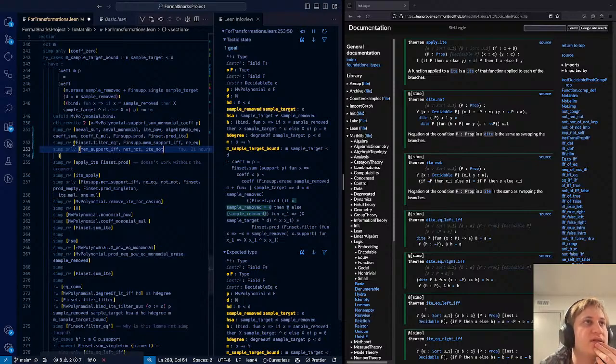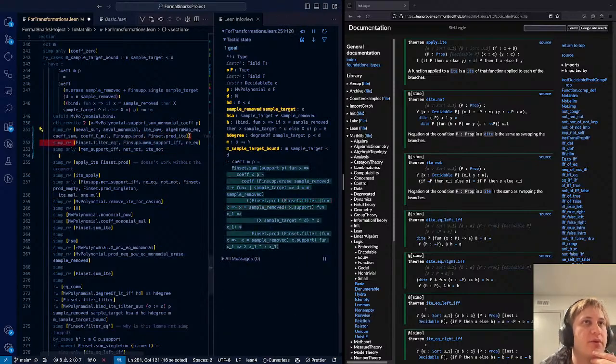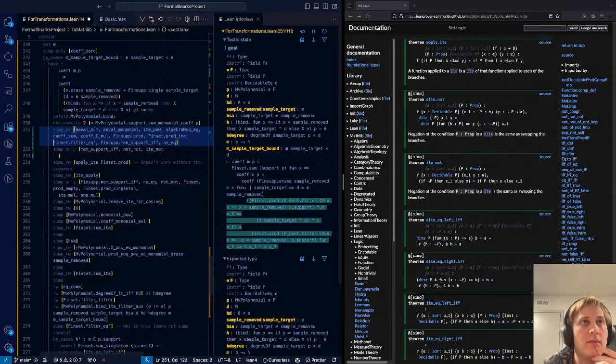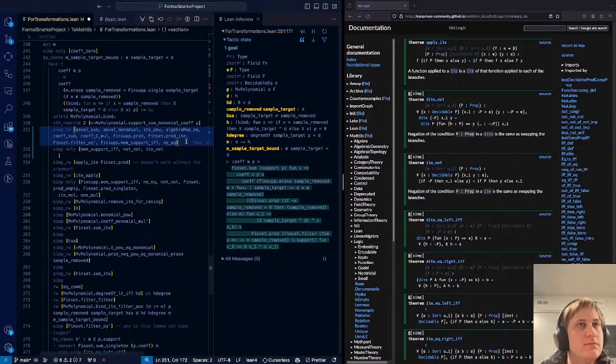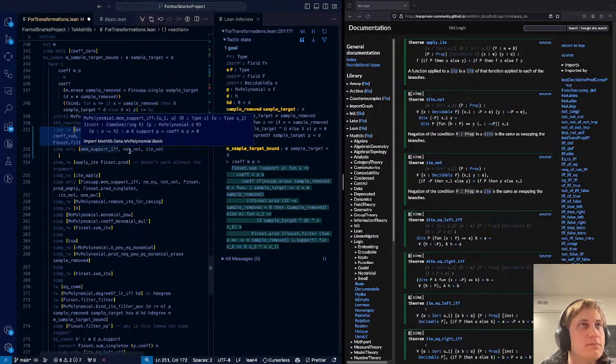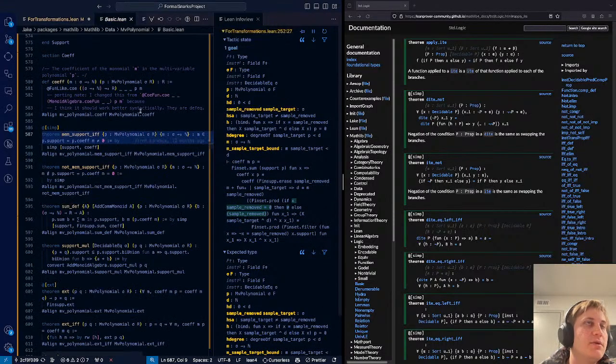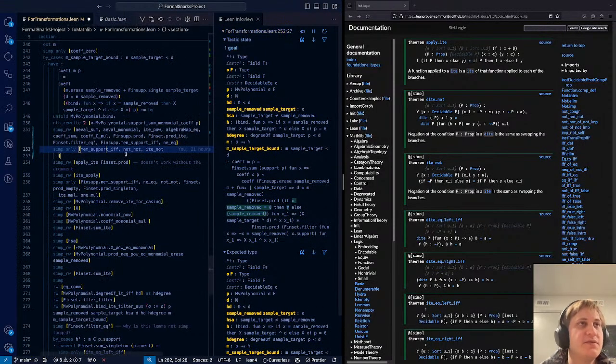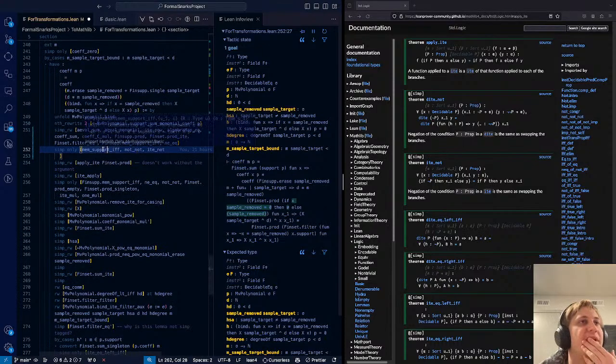Okay, this is acceptable. Let's combine the simp rewrites here. I wish that whether or not it's simp was visible from a mouse over.